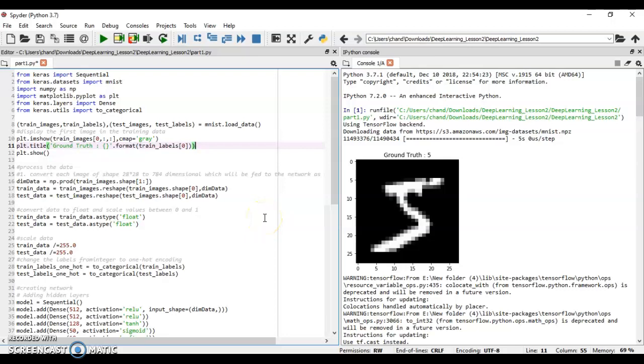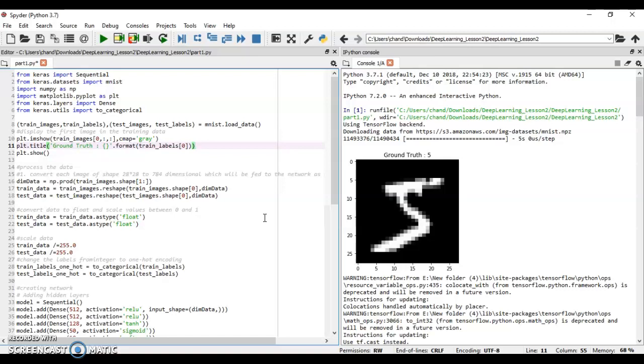Hello, in this ICP today we are going to see the image plotting, and also we will see how the testing data, training data, accuracy and loss change with various changes in the training model. So in this ICP I'm going to make changes in the hidden layers and also scale up the data.